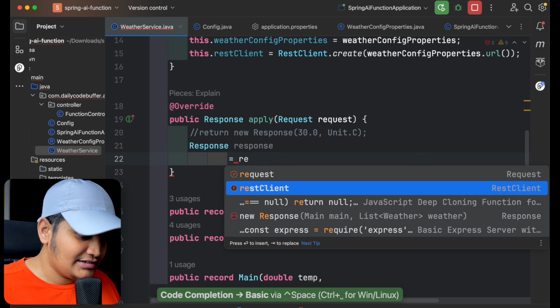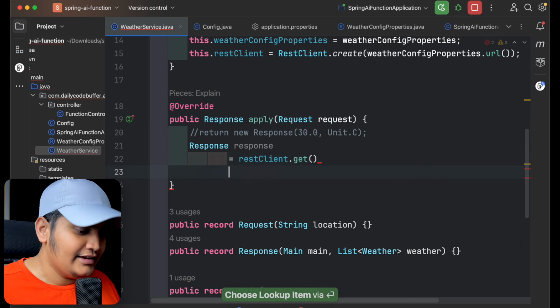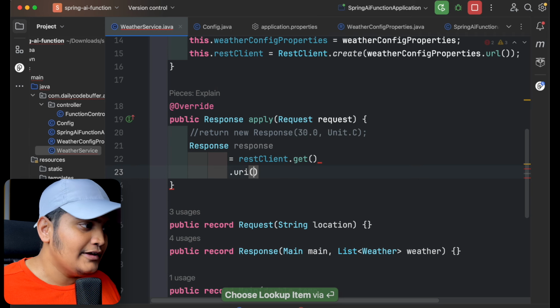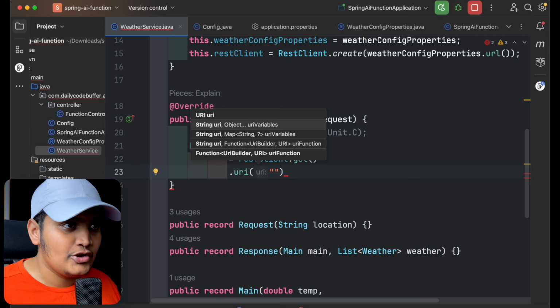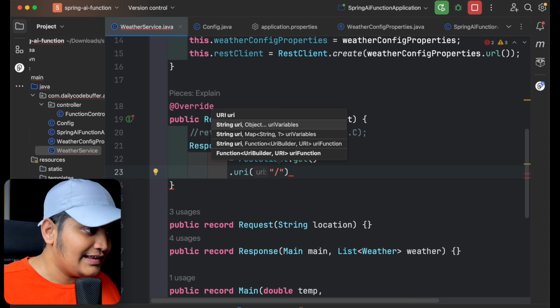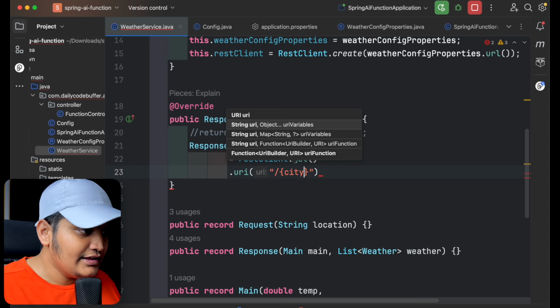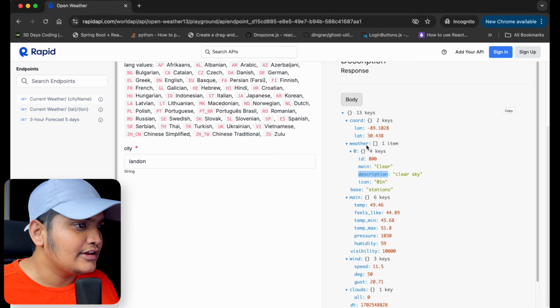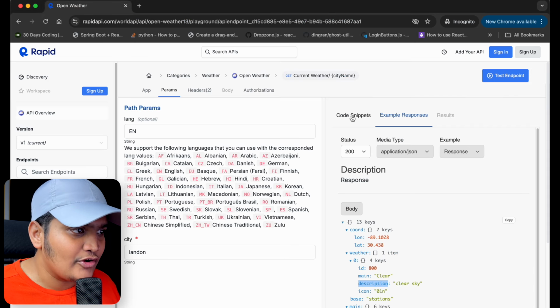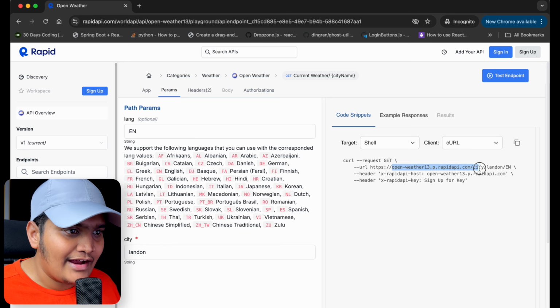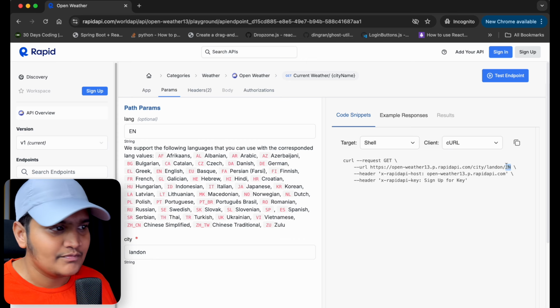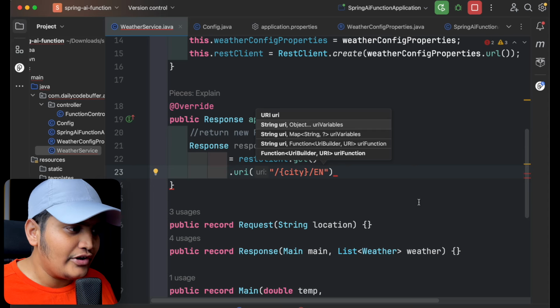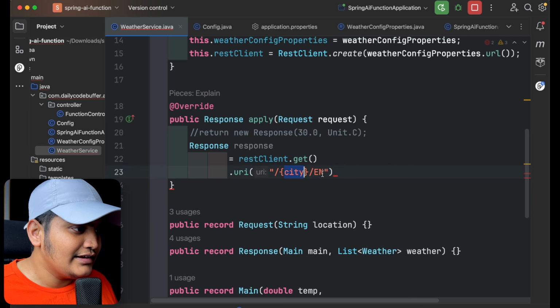So with REST client dot get dot URI, and here we need to add the URI. So my URI is /city, and then I'm going to pass en, because if I go here you can see that that's the URL, right? If I go to code snippet, this is what I've added as a base URI, then this is what I am passing as a path variable, and English is what I need the language. Okay, so that's what I'm trying to do here, that this city I'm going to pass and English is default,